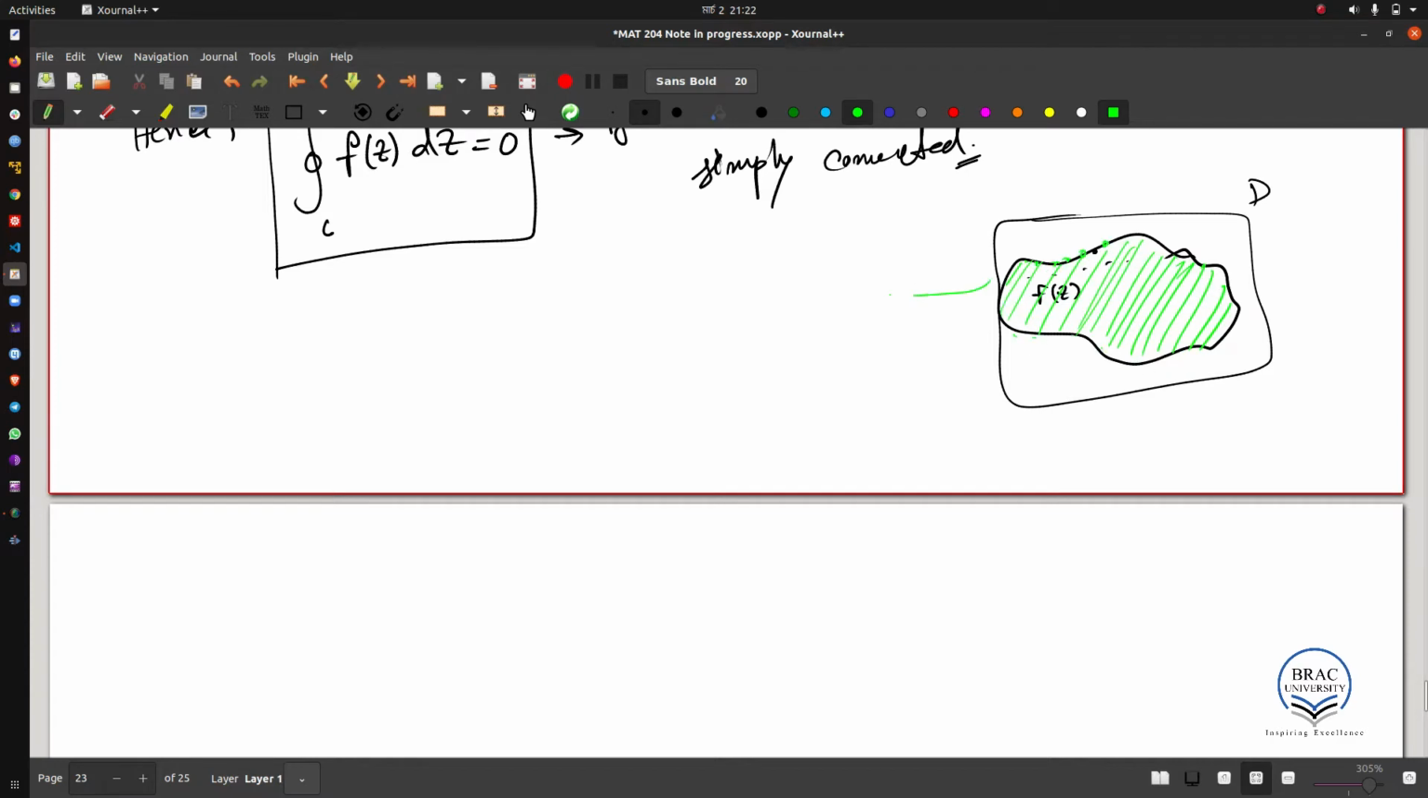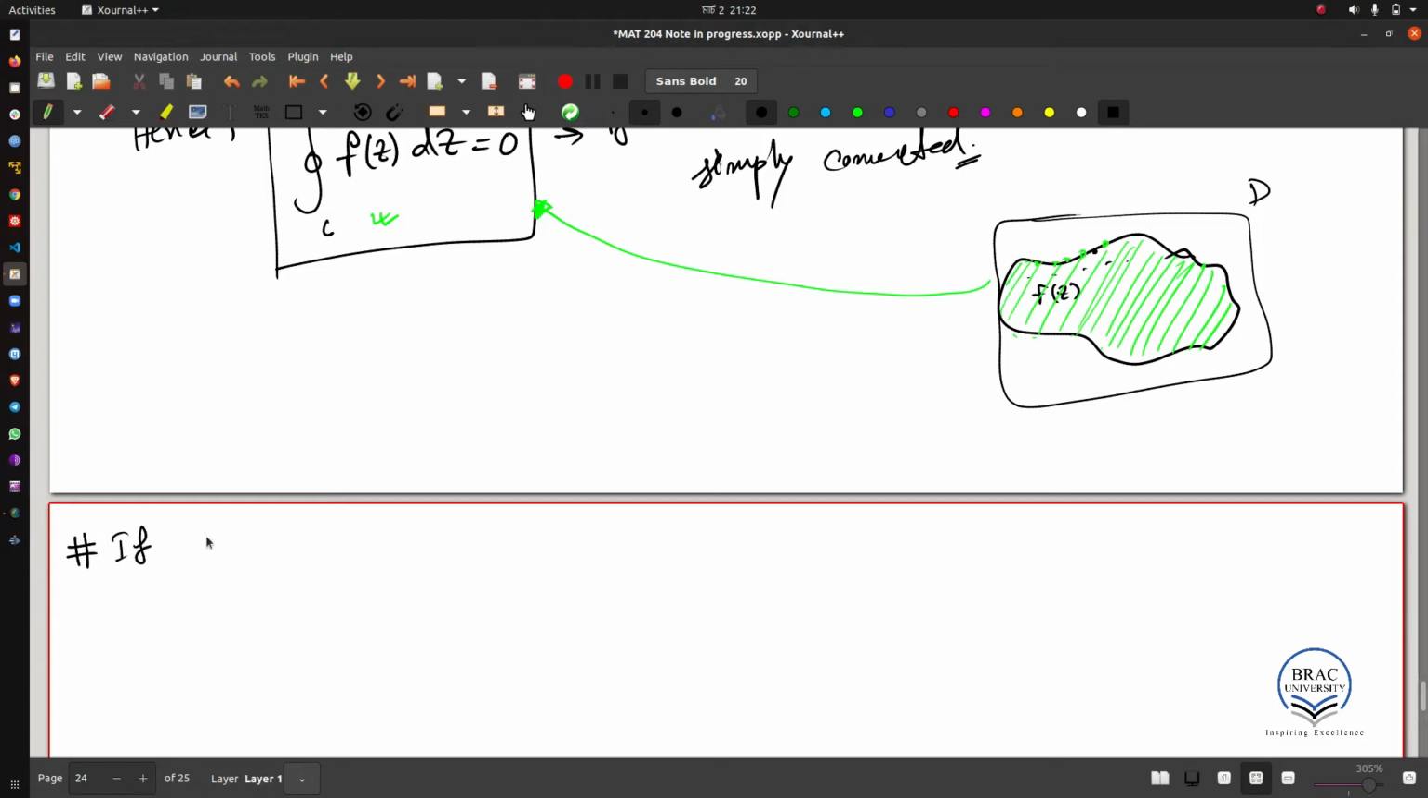Then you would have this condition. A closed loop, closed contour integral would result in a 0. Okay. Now, using this result, we can derive some important and interesting results as well. One of them is that if f of z is continuous in a simply connected domain D,